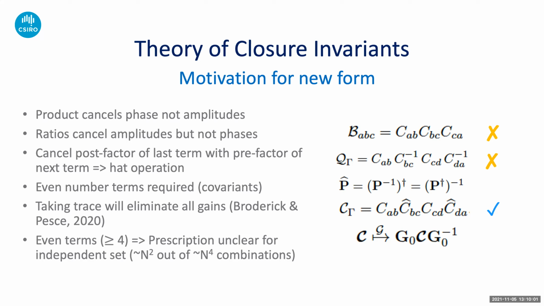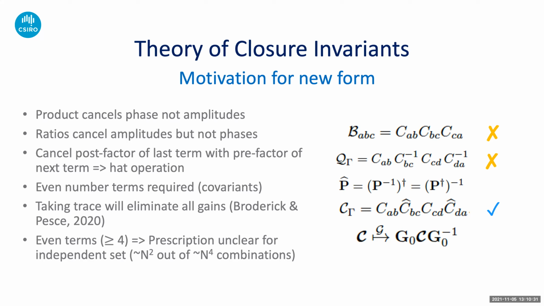So we want the best of both worlds, and that's why we've tried to do a quantity that has both the Hermitian conjugate and the inverse in it, which is also the quantity that Avery and Dom used in the paper. We just designate that using a hat operation for convenience. Now, using this hat operation, if you construct a closed loop, an even-numbered loop, as shown here,